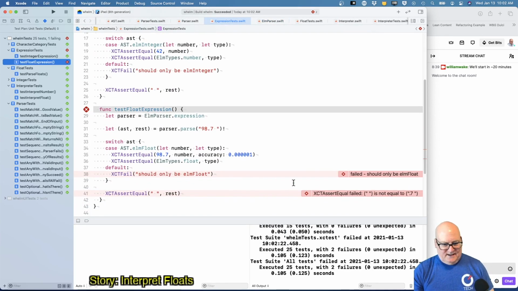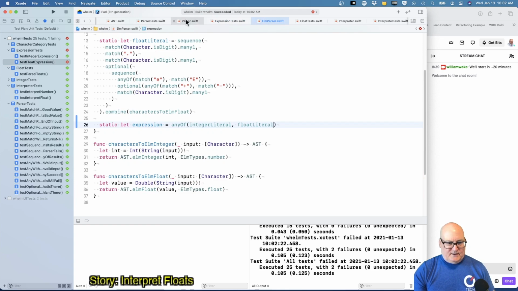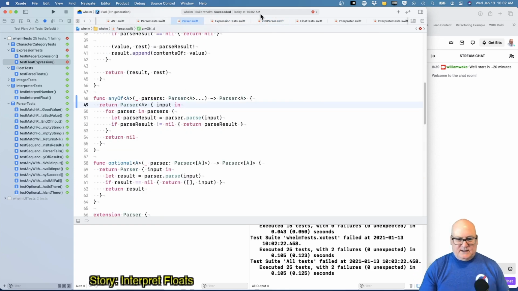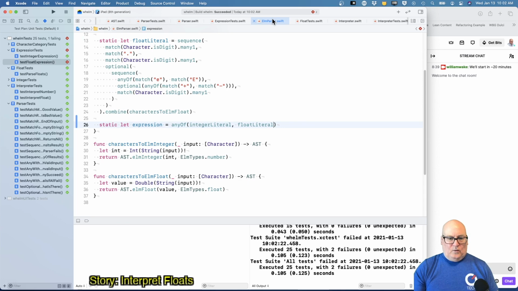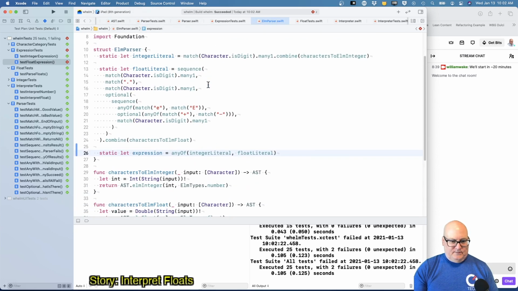Okay. Should only be Elm float. Elm expression. Okay, why did it not? Oh, I got to be pickier. Oh, yes. Okay, this is interesting. With this parser like this, it